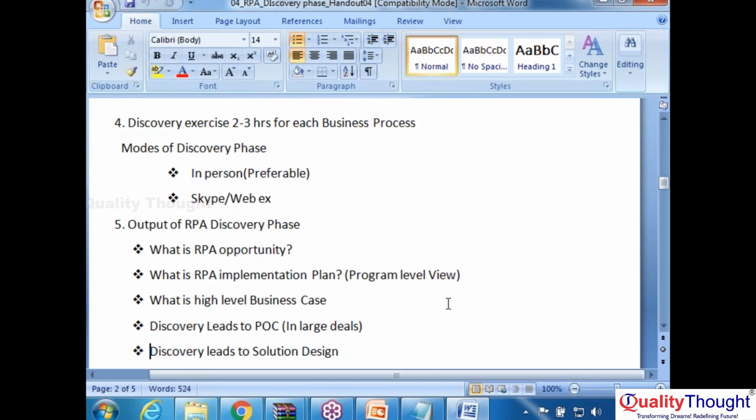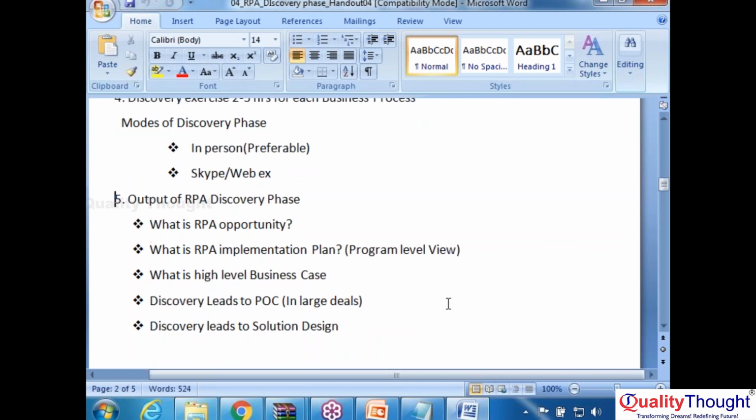Modes of the discovery phase: it is better to perform the discovery phase in person. In the worst case, for example, if your client is somewhere and is not allowing you to travel, then it is better to have a Skype discussion, but the preferable mode is in person. That means send your process architect to the client location to understand in the production system what they are currently doing,